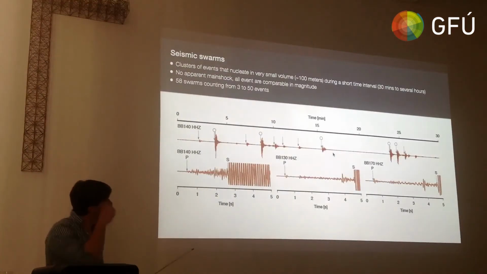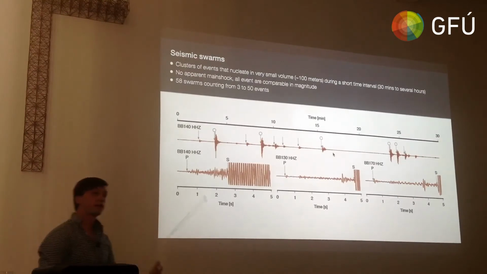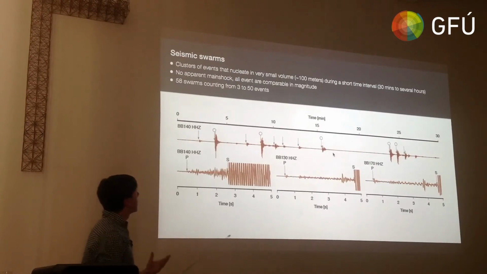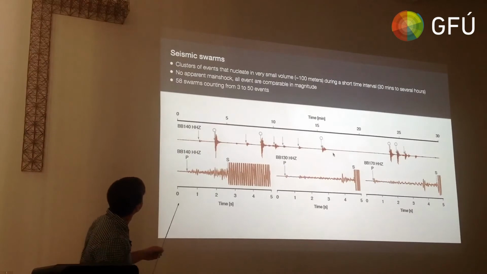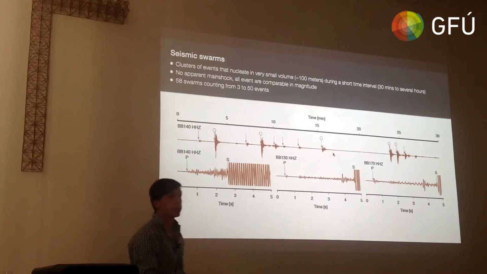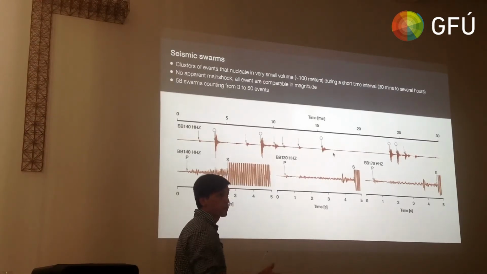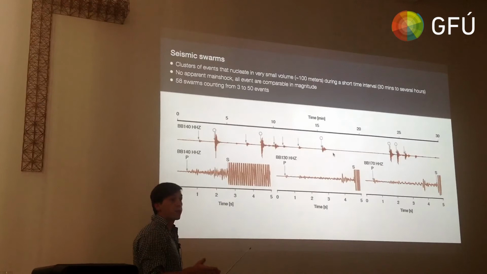Here we define seismic swarm as events that are pretty close to each other, both time-wise and space-wise, and they don't have any apparent main shock. It's not like a main shock aftershock sequence, it's just pretty consistent seismicity over a period of 30 minutes to several hours, during which there are somewhere between 3 and 50